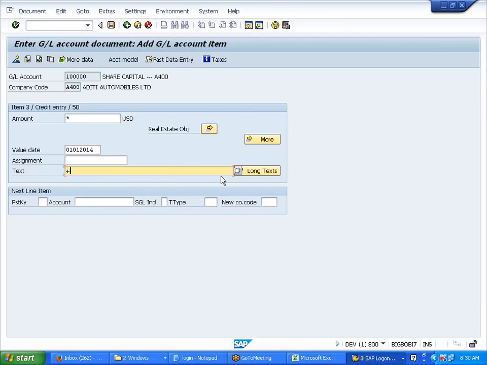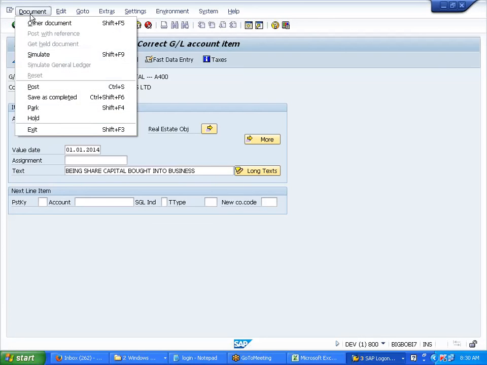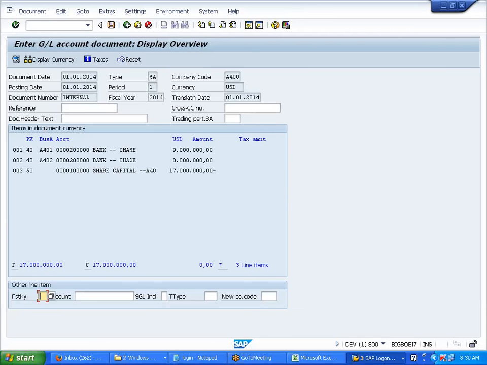Just press enter. See, it automatically calculates. There's a shortcut. Document, simulate. So like this, that's what I was telling. I'll post 998 items as debit, and the 999th item I'll post as credit.